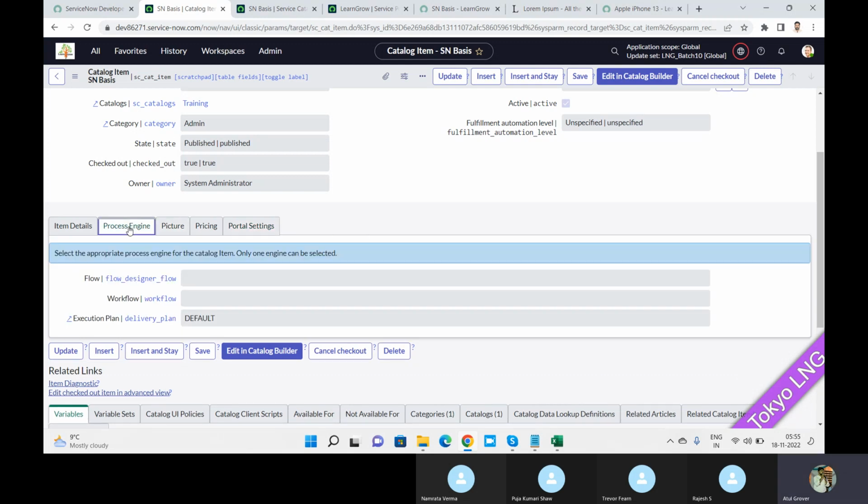Now let's come to the process engine. ServiceNow gives three types of process execution. Number one is called the execution plan, the oldest one, very oldest. And this is what is good about ServiceNow. If they want, they can decommission this execution plan, but they did not decommission this concept. Why? Because ServiceNow says there are few companies who are still